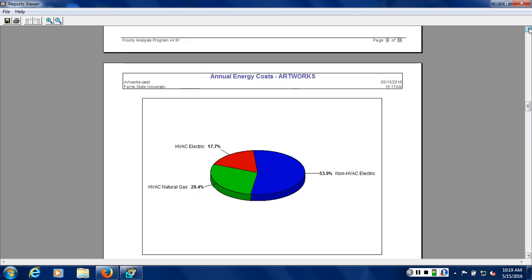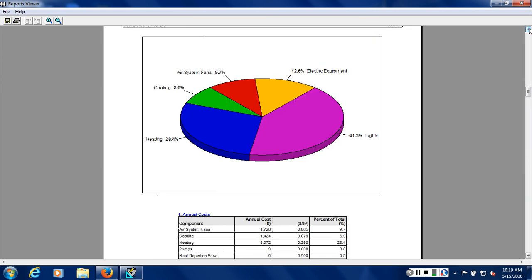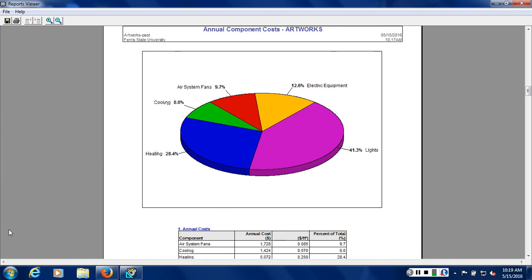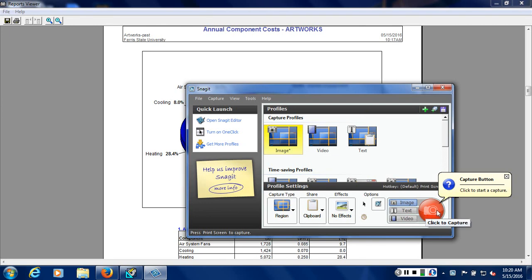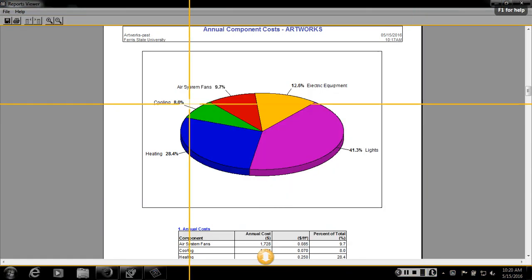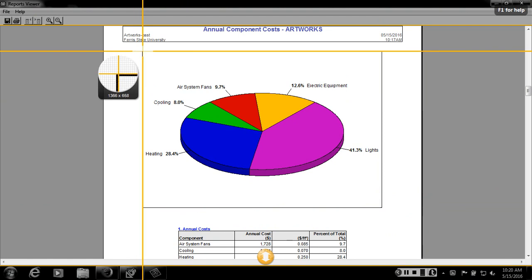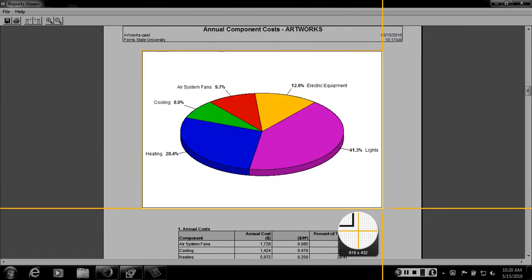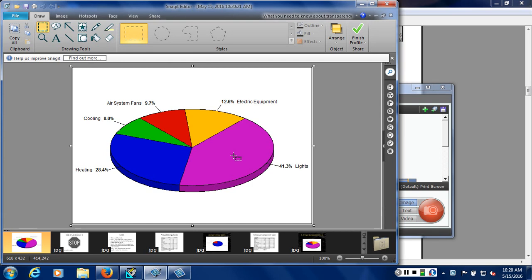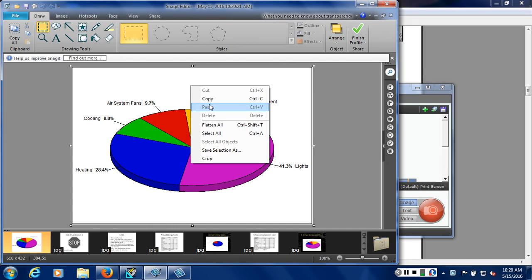Now, the way I do it, I use a screen capture program. I use something called Snagit. So if I want this chart, I come down here and pick my Snagit program. And I have a capture button down here. I hit the capture button. I come up here and it shows a little target of where I stretch a window across what I want to pick. I release, and then it goes to this little file folder. Well, I'm going to pick it right out of the file folder. I'm going to right click on this, hit copy,